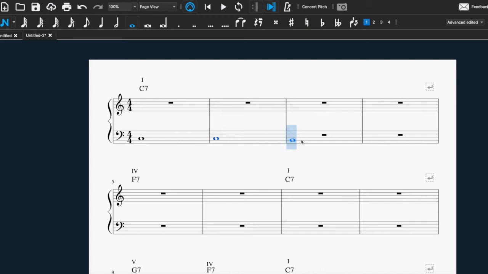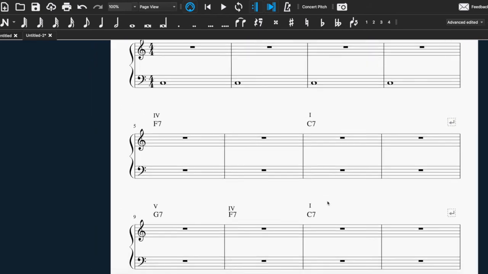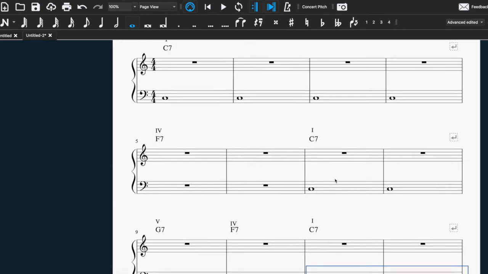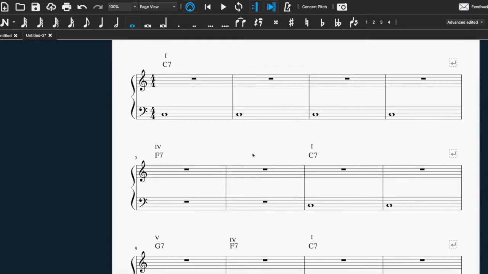Bring it down to C's, and again, what I could do is hold Shift, click there, and then hold Shift, click there, and I could paste that in like that. And then I could actually be lazy and see, well, there's another C there, so I paste it there, there's another C down there, so I paste it there. Save a bit of time. And the F,